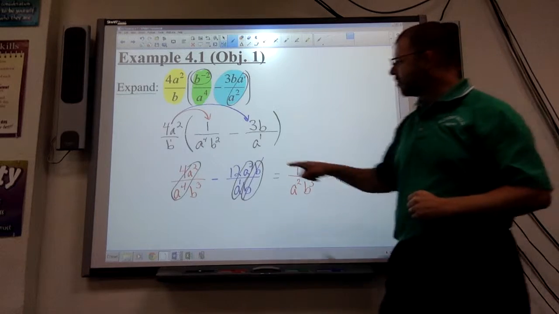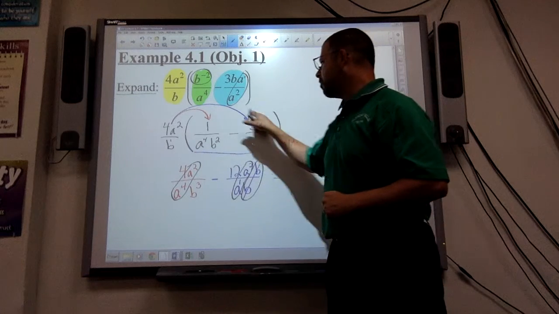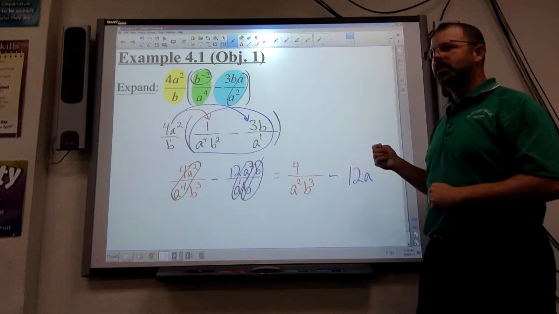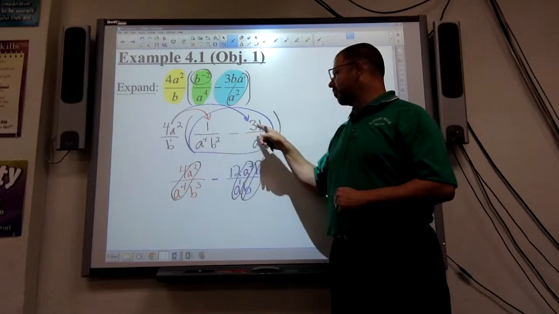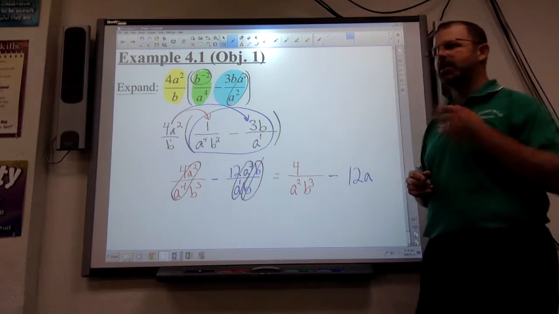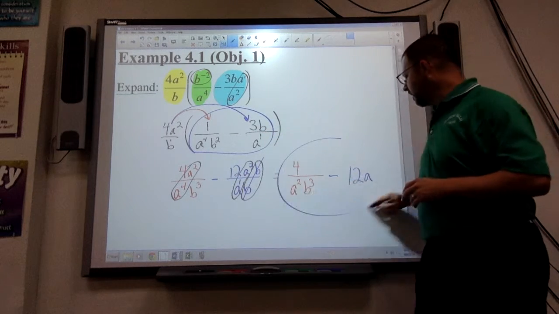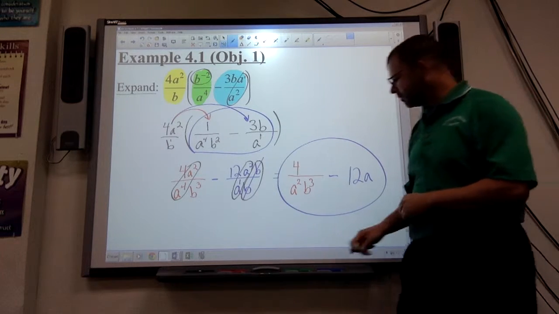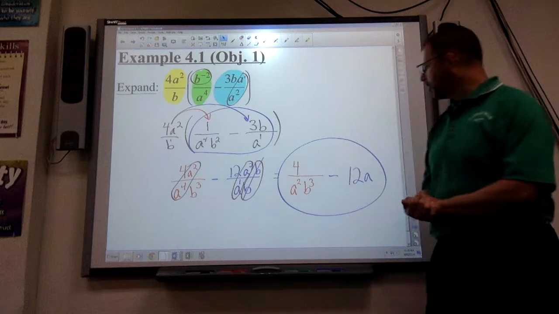Sometimes these two guys happen to be like terms. You can add them together. Obviously, they aren't here, so they won't be down here. Okay, but if this was a and this was plus 2a, that makes 3a. That's allowed. You can do like term addition, then multiply. But that's not typical. That happens once out of every 100 or so problems. I wouldn't expect it. This is more typical what you